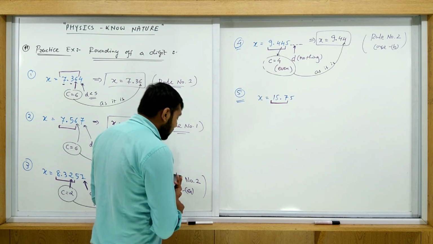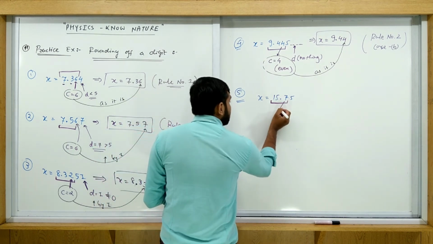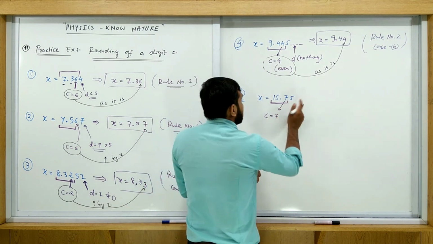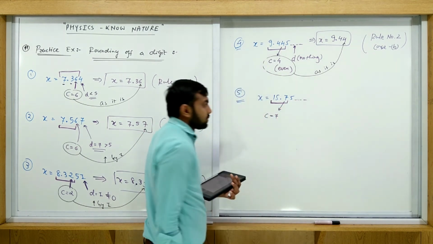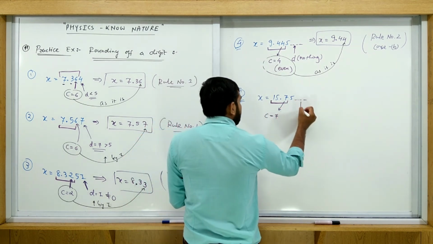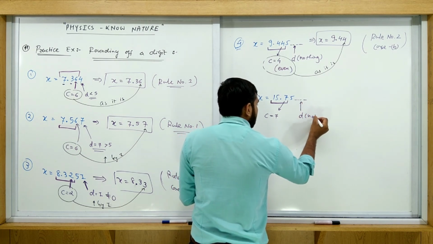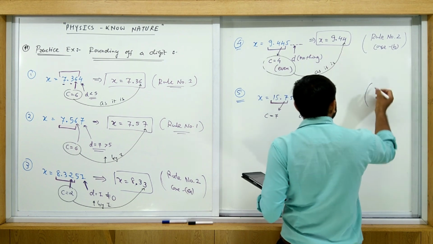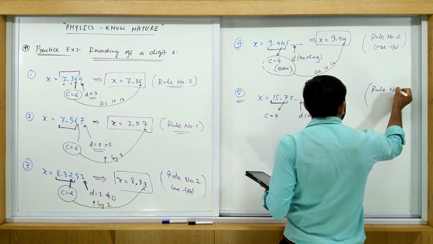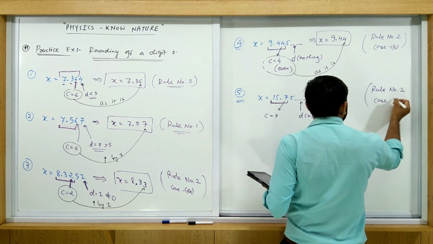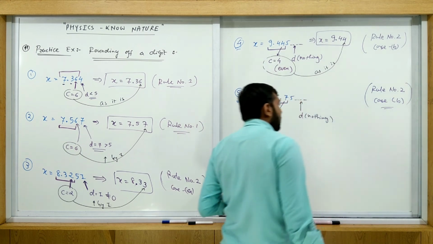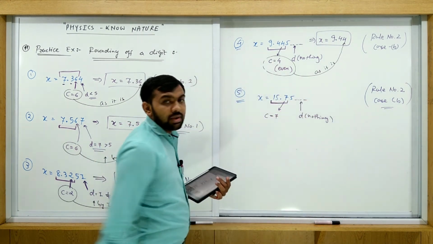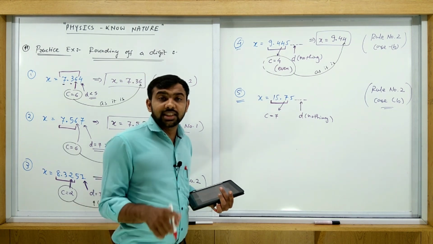Okay, so what is the C here? This is C. C is equal to what? 7. But exactly 5 is present. So you consider this one. What is present after it? Nothing. It means D is nothing. If D is nothing, simple. When D is nothing, rule number 2, case B. Rule number 2, case B again. If D is nothing, then C is increased by 1 if it is odd, and C is as it is if it is even.